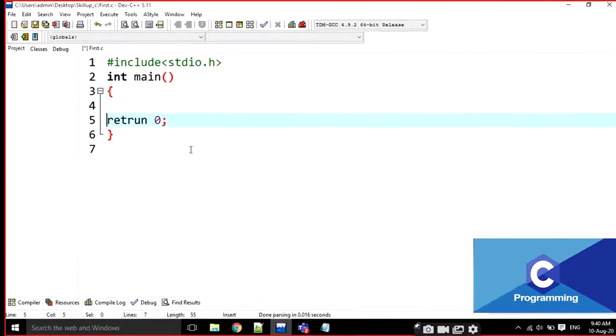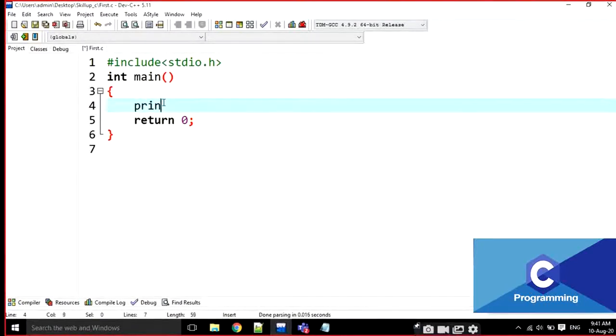I am clicking the tab button, which is above the caps lock key. Tab indicates the indentation level, that means we are going to give a block of statements inside. That gives a beautiful nature to the program. Every time we have to write some indentation level.